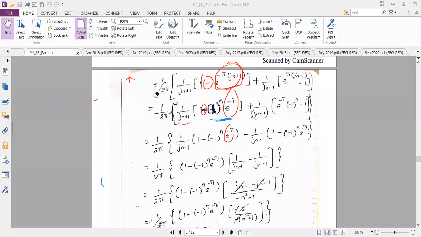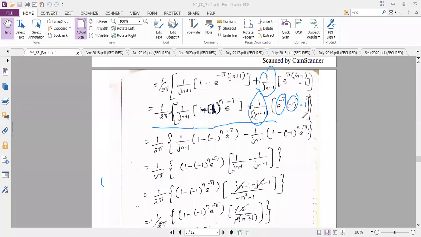So similarly, the second term you have same way. See this 1 by jn minus 1 you keep as it is, and this e power j pi n will be the first term, and then e power minus pi will be the another term. So e power minus pi I kept as it is. E power pi jn you will be having minus 1 power n. Just now I have shown you how e power j pi n becomes minus 1 power n. So it is minus 1. Just tell me whether you have written up to this and it is clear for everyone.